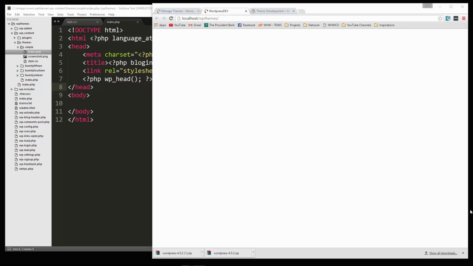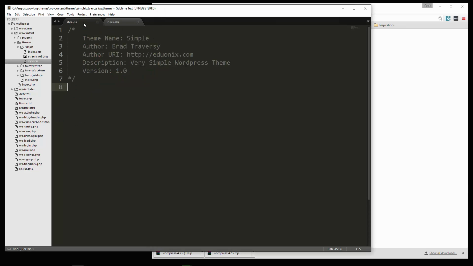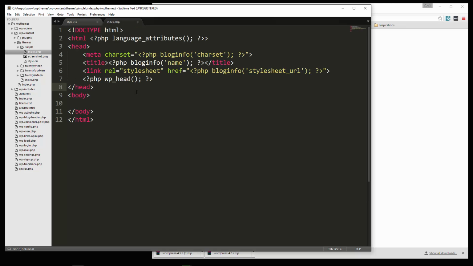Alright, so in the last video we created the two files that are required, which are index.php and style.css. We created the comment block in our style sheet. We also created the base HTML and the head tags, along with some of the dynamic code that we can use in WordPress. What we're going to do now is go in the body, and I'm going to just add